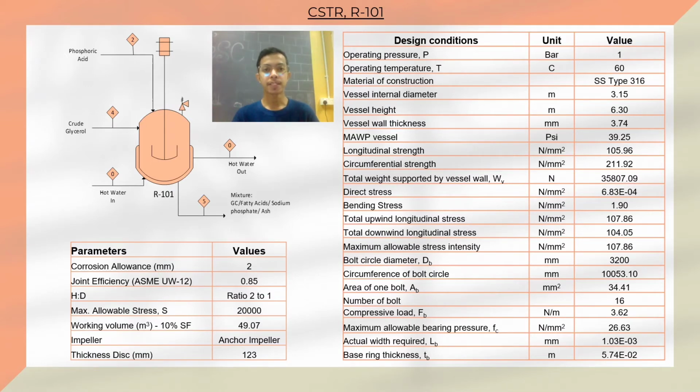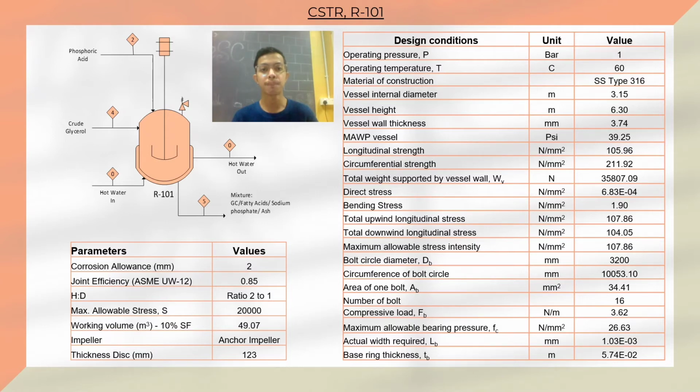CSTR R101 is designed to use an ellipsoidal head for both top and bottom, while the shell of the vessel is designed to use a cylindrical shape. The parameter applied for the corrosion allowance is 2 mm and the joint efficiency is above 0.85. The ratio of the height to diameter is about 2 to 1, with a maximum allowable stress of 20,000. The working volume of the CSTR, after applying a 10% safety factor to prevent overflow, is 49.07 cubic meters,